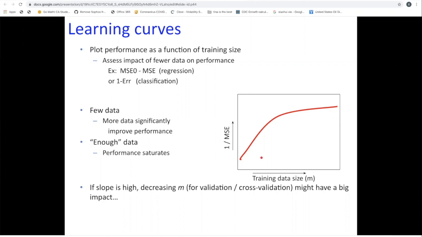Somebody says, well, I have this problem here. Tell me how much data I need to collect in order to come up with a relatively good predictor. In general, it's a very hard question, but people will ask you very often in practice. How do you do this? Well, the way we do this is, often you're going to plot this type of learning curve. The learning curve plots the performance of your models as the number of training data you have, essentially the training data size, the number of training samples you have